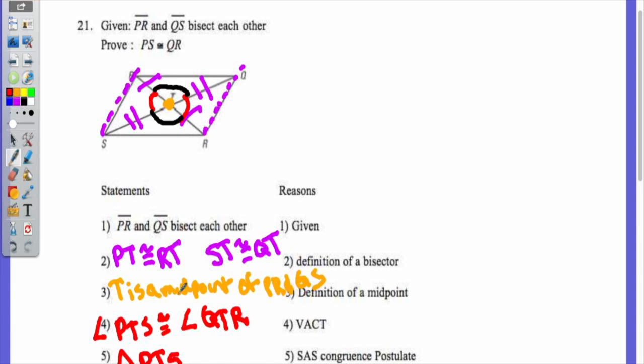PTS is congruent to RTQ. And there should be a triangle symbol there. Okay? Now,